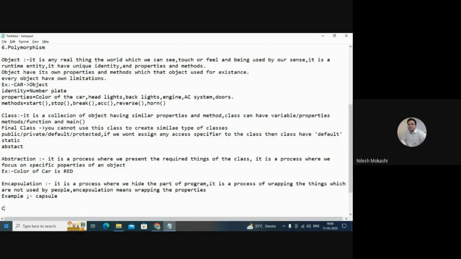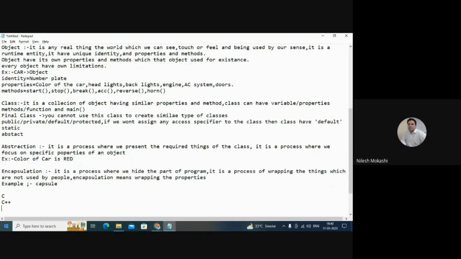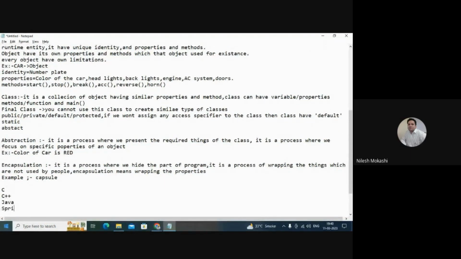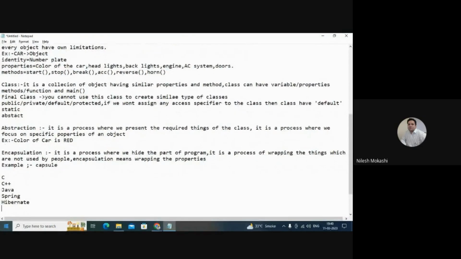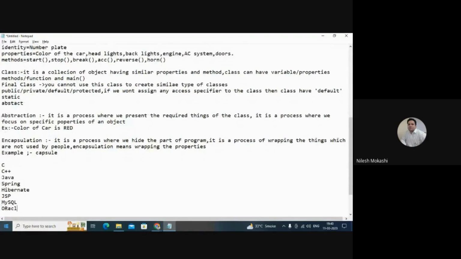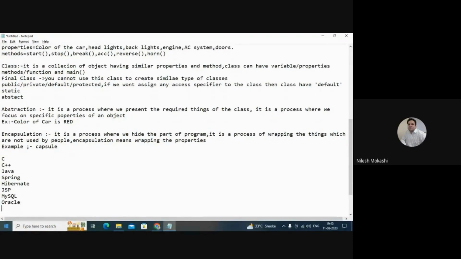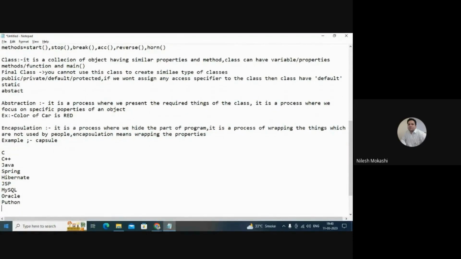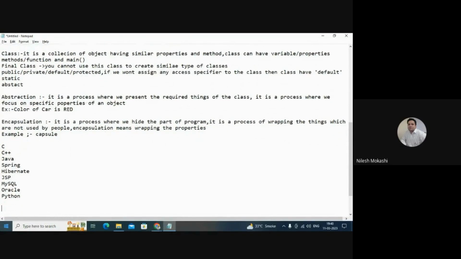My class can have C, C++, Java, Spring, Hibernate, JSP, MySQL, Oracle, Python, PHP. So many things I have in my classes to teach. But my inquiry was to know about Java, Spring, and Hibernate.